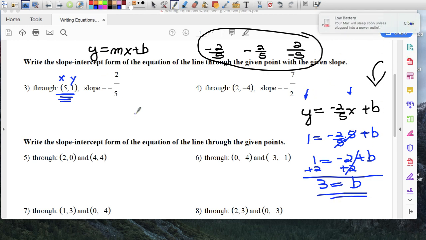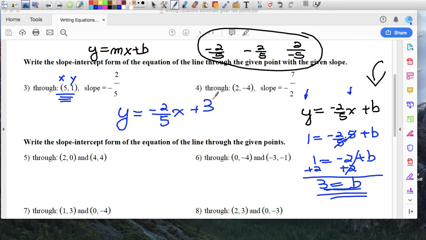So I have all the information I need. I can rewrite this again: y equals mx plus b, where m, the slope, is negative 2 over 5x. And my y-intercept we just found is 3. Okay, so